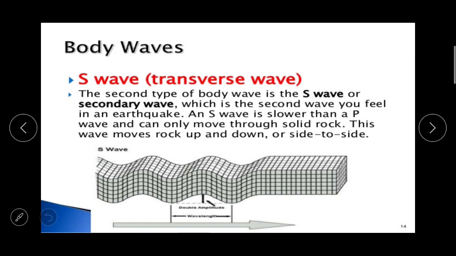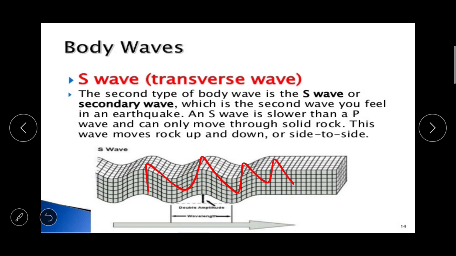The particles lying in the way of these waves move up and down. Now, in the primary waves it is to and fro, and here in the secondary waves it is up and down. These waves can travel only through the solid medium, whereas the primary waves can move through all the three mediums, that is liquid, solid and gaseous, but secondary waves can travel only through the solid medium. They get absorbed as they enter the liquid medium.